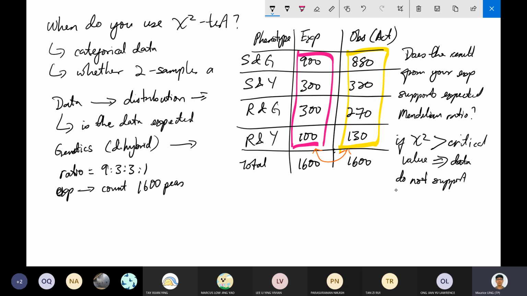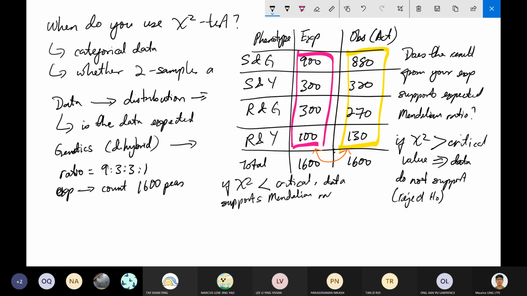On the other hand, if the chi-square value is lower than the critical value, then you say that the data supports your Mendelian ratio. In this case, you fail to reject